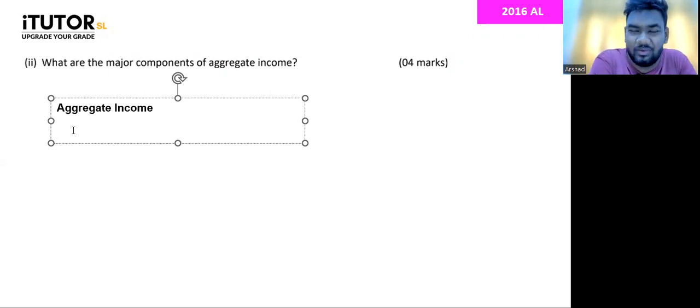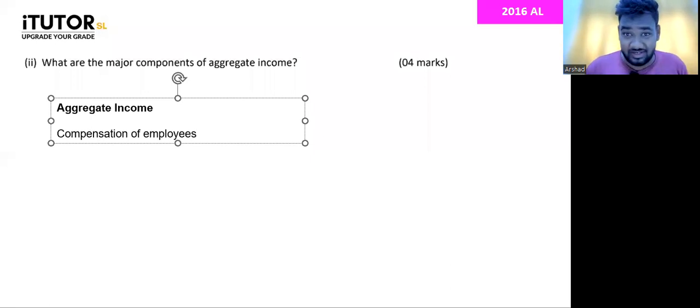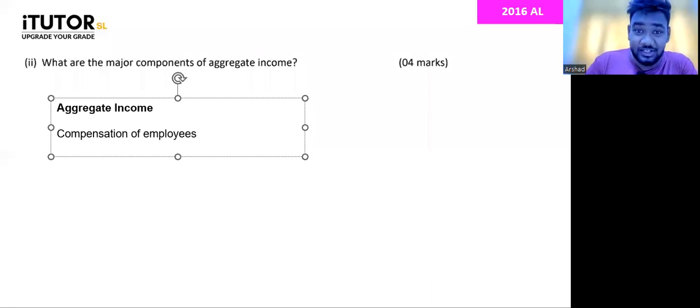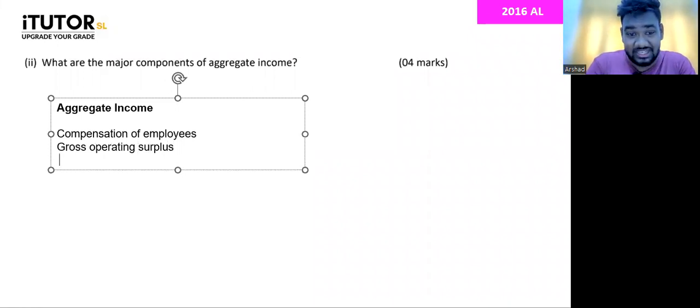So what do we have, guys? We have compensation of employees. Now, what is income? So what is aggregate income? Aggregate income is the total income of the country. So from where and where do you get income? You have compensation of employees. You can have gross operating surplus, or you can, for example, say operating surplus, and you can give mixed income